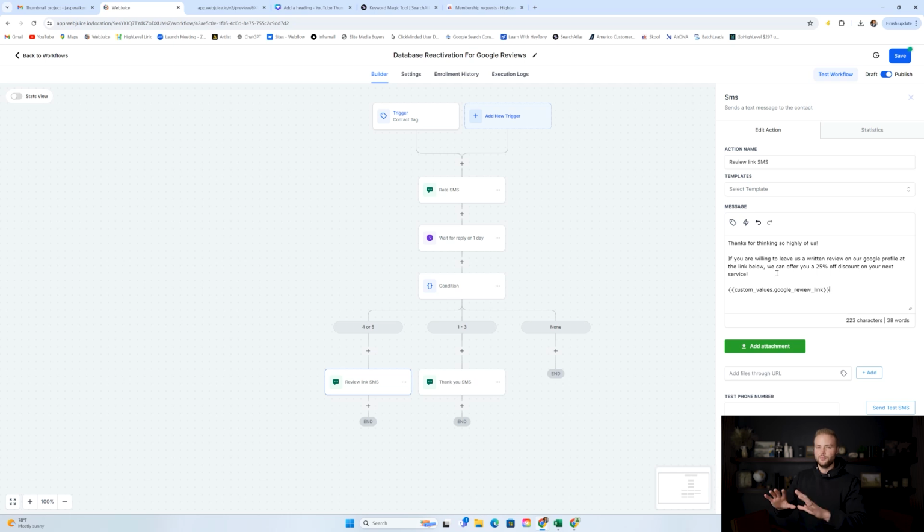Some people need a little bit of a push to leave a Google review. It does take 5 minutes out of their day. And so if you give them a discount, they'll be much more likely to leave a Google review. And if you send this campaign out to like 1,000 of your previous clients, you can expect to see probably 10% of them leave a good solid Google review. So that's 100 new Google reviews. That's if you had 1,000 clients, right? Even if you just had 100 though, if you run this campaign, you can get 10 new Google reviews